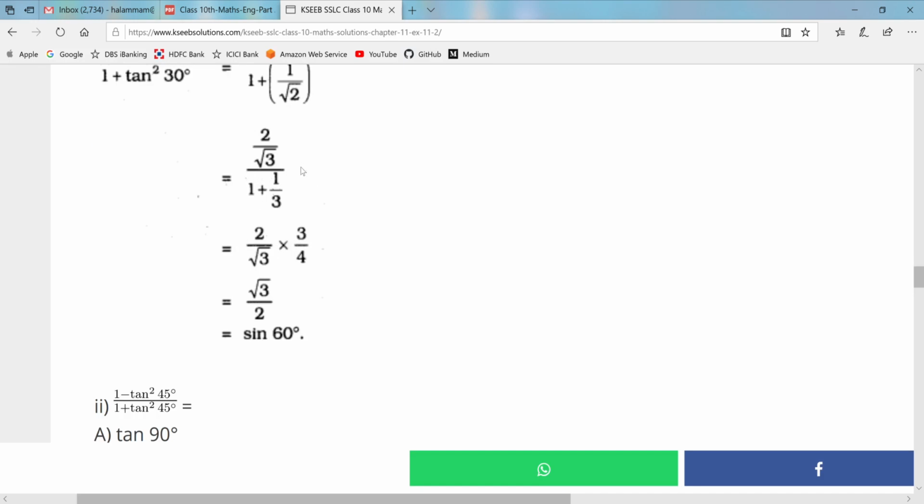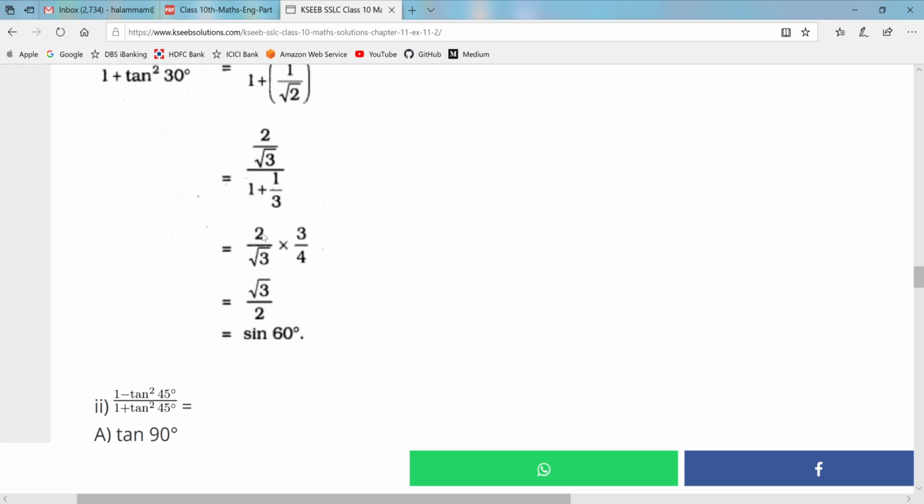Okay, this division will become the multiplication, and see this denominator, you will get 3 into 1 is 3, 3 plus 1 is 4, so 4 by 3 you will get in the denominator. Simply after simplification, 4 by 3 we will get in the denominator. So after this division we can convert into multiplication. 4 by 3 will become 3 by 4. Okay, go for the next step.